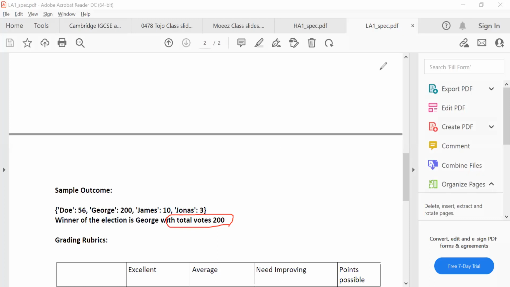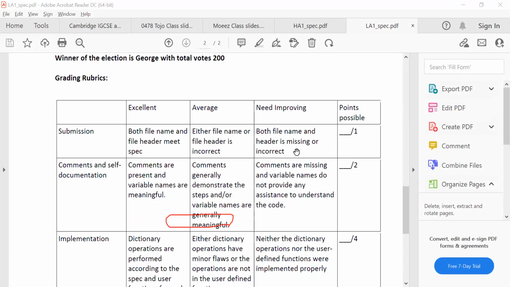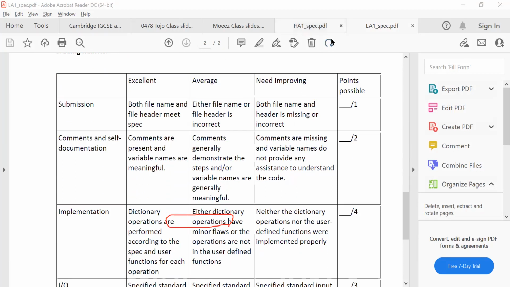But then I would actually urge you to do a few things here. First, you need to put comments. You didn't put a single comment. So you need to put comments on the code, and you need to improve how your variables look. The names of the variables need to be proper, or else you will lose marks here. And that's actually in your hands.